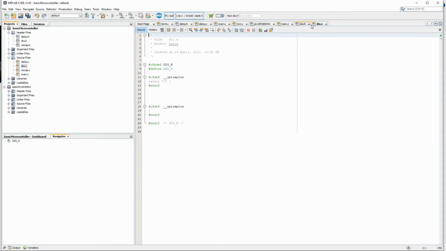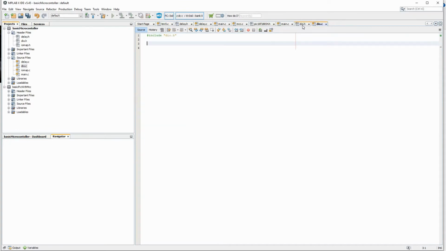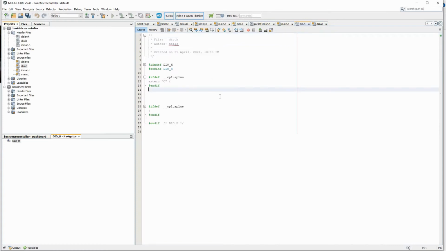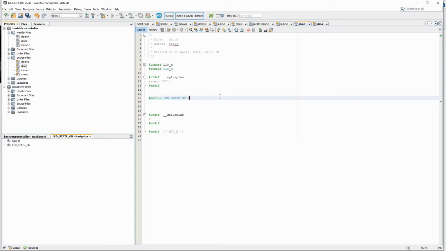So in dio.h, here I'll define the states. #define LED state on. I'll be using a switch statement, and for that I'm just defining all the states here. You will understand slowly why I'm doing this.